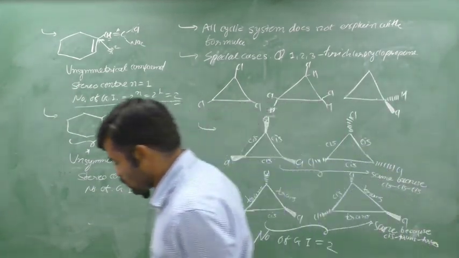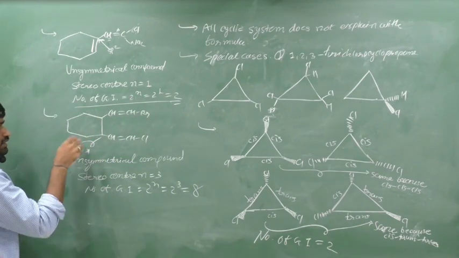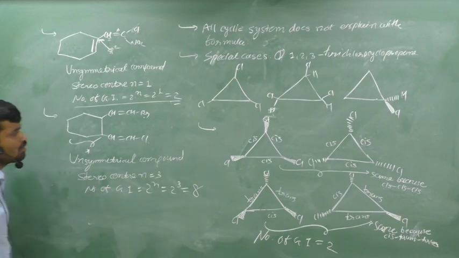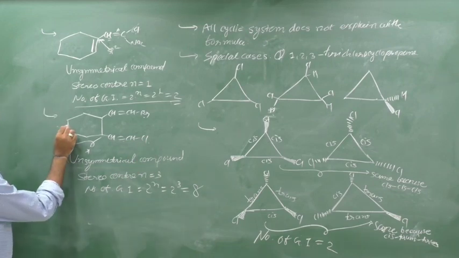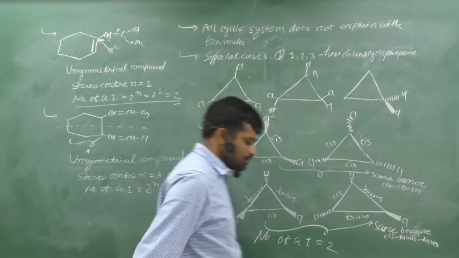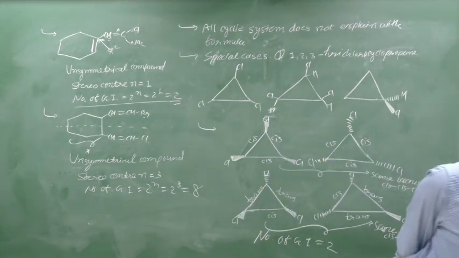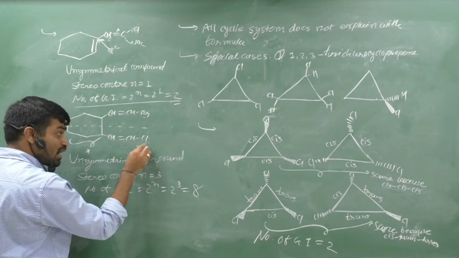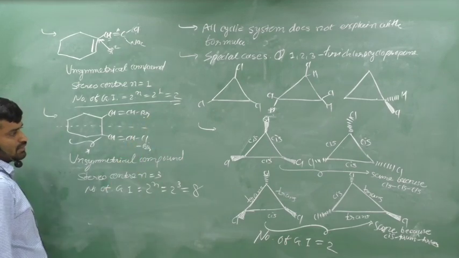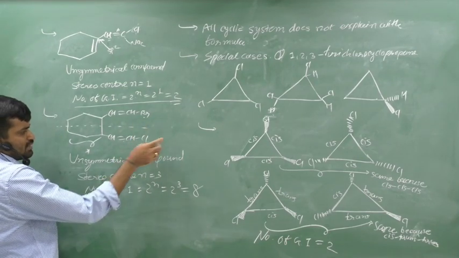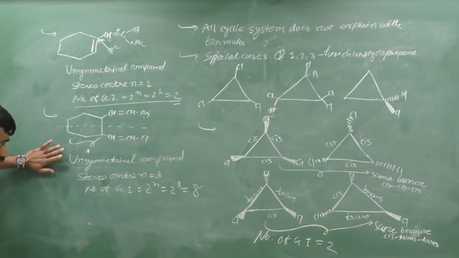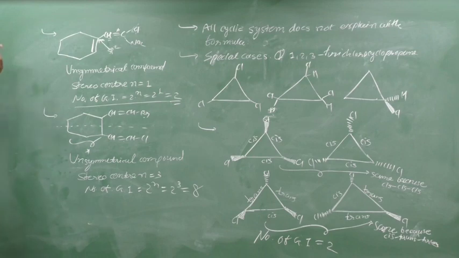Now, if we think about this compound, cyclic ring, CH double bond CHBr, CH double bond CHCl. Compound is unsymmetrical because if you cut from the half, there are two different parts because here a Br and here a Cl. If here is Br, then compound is symmetrical. જો આપણે અહીંયા Br આપ્યું હોત Cl ની જગ્યાએ તો compound symmetrical થઈ જાત, પણ અત્યારે Cl છે, compound unsymmetrical છે. Now we can calculate the number of stereocenter.